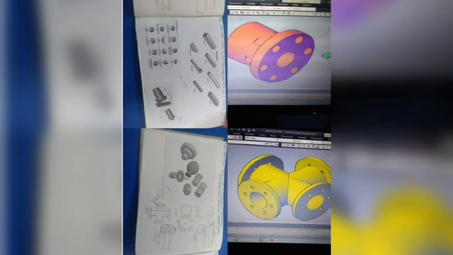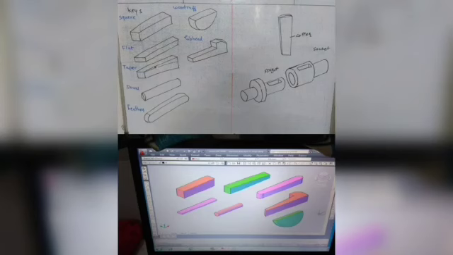Here again, the next important topic, keys and cotters, different types of keys and cotters which you are going to learn. Here you can see the gib-headed key, cotter sockets. In the next slide you can see the different types of pipe joints which we are going to learn in detail. Here you can see the flanges and cross which can be used to join four pipes. This is a very important topic. Here you can see the keys and cotters, which are very important topics of the mechanical.